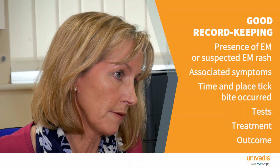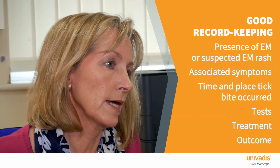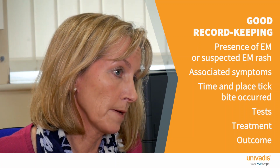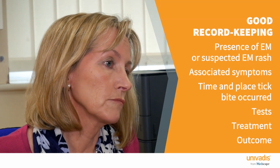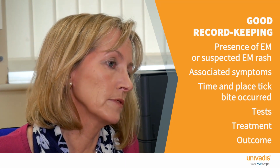Since in the case of an erythema migrans rash the clinician can make a clinical decision and will not require a blood test, it's really important that this is recorded appropriately in the clinical notes. This can be recorded either as an EM rash or suspected EM rash, but it will be very helpful in the long term when looking at further evidence of the overall incidence for the UK. It will also be helpful for the future should a patient develop further symptoms and will provide evidence of previous